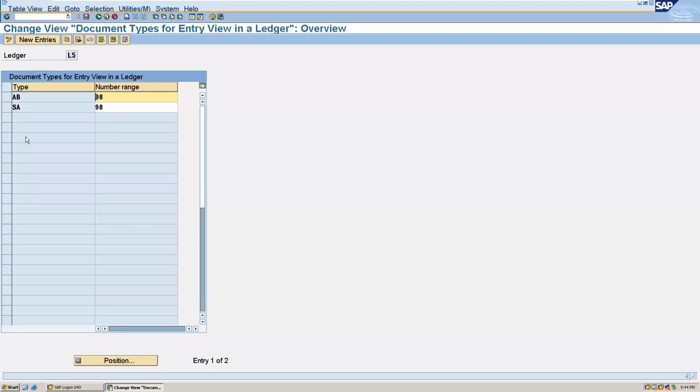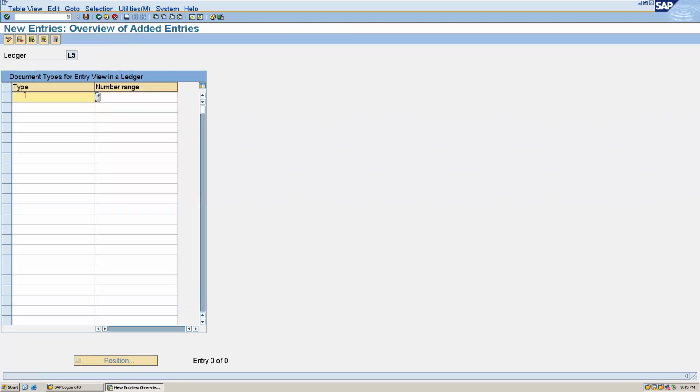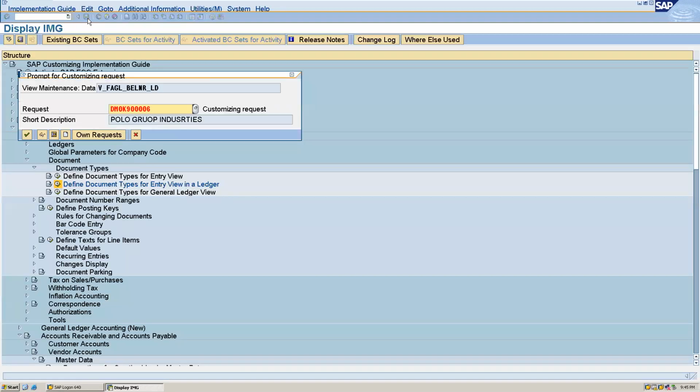After this, go to new entries, and then you have to give your document types KG, and the number range will be 98, then KA, KR, and KZ. Here we have to give the number range 98 for each. After this, we will save this.